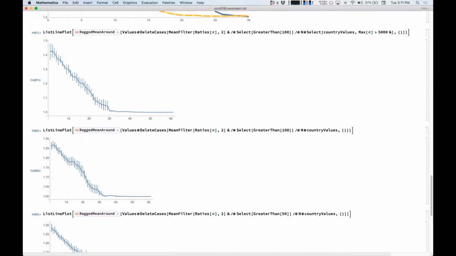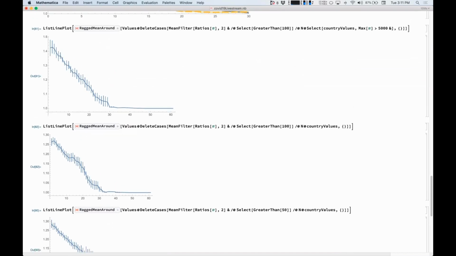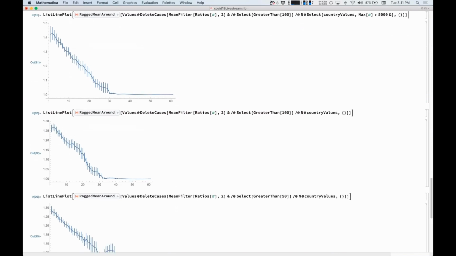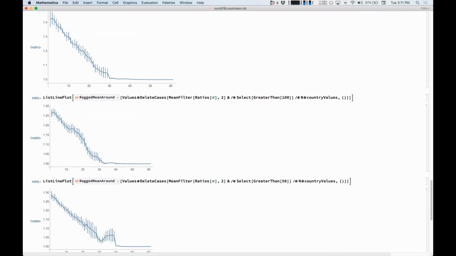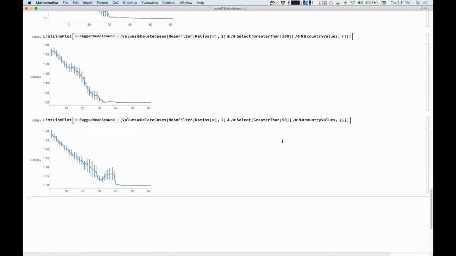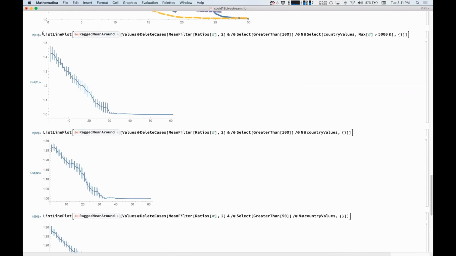It's strangely linear. So what happens if we do the ratios on the cumulative across all countries at the same time? You know, which would take the population into. Yeah, but you see, that's not going to work because each country was seeded at a different time. Right. So what this is showing is, given that you were seeded,